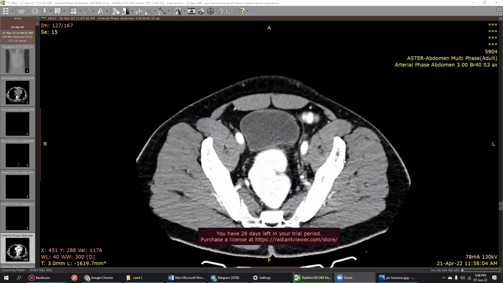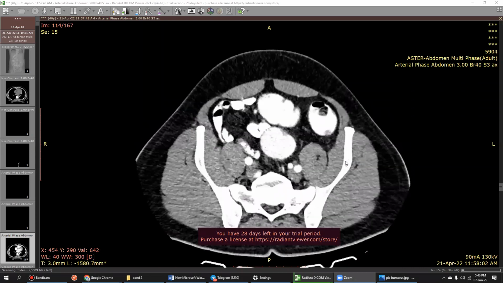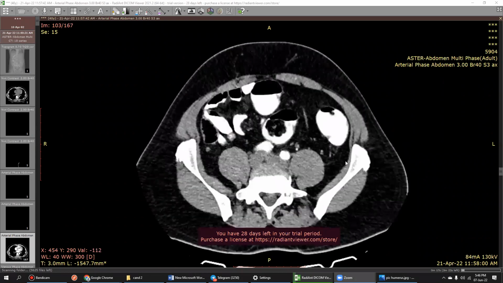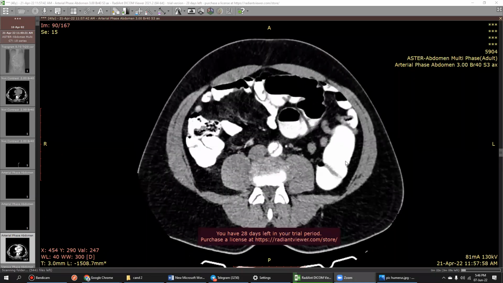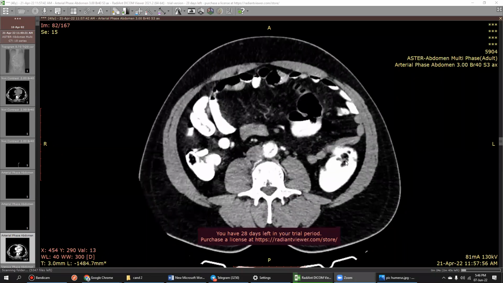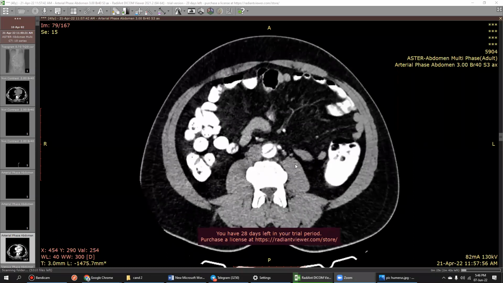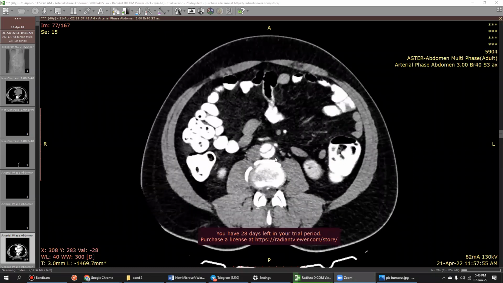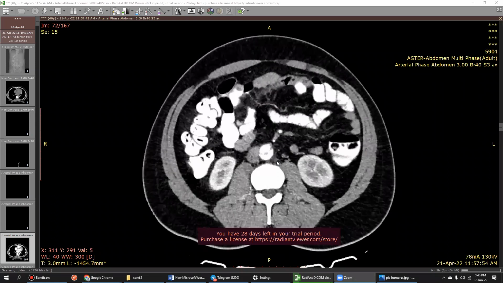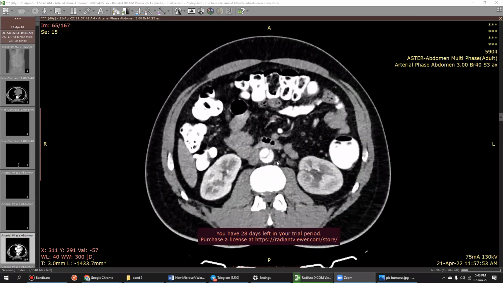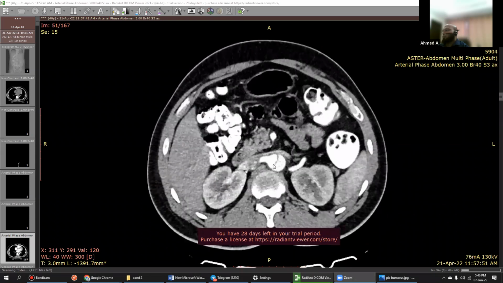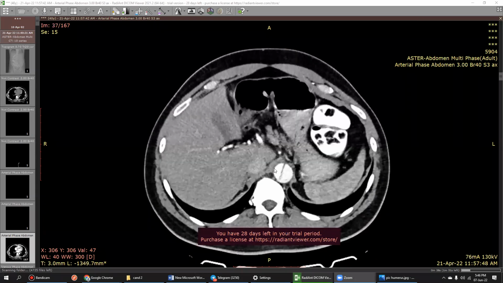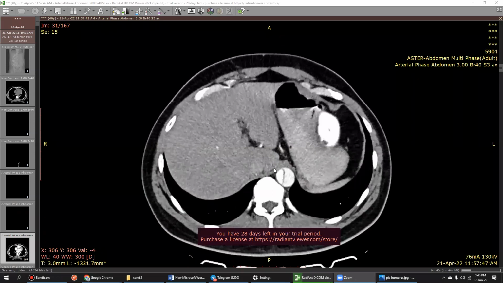These are the contrast enhanced images of the CT scan of the abdomen in a patient having epigastric pain. Rectal contrast is also given as well as oral contrast. I can appreciate there is an intimal flap in the region of the descending abdominal aorta, and I'm going to see where it starts.